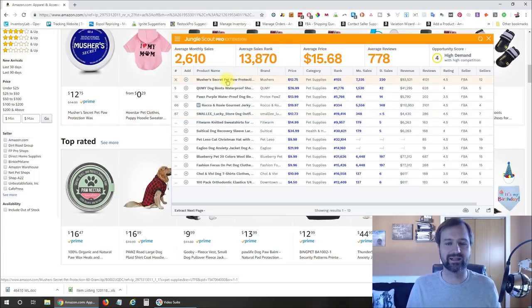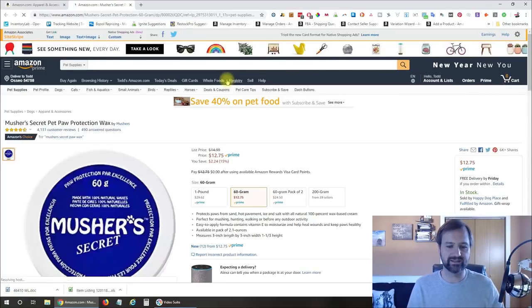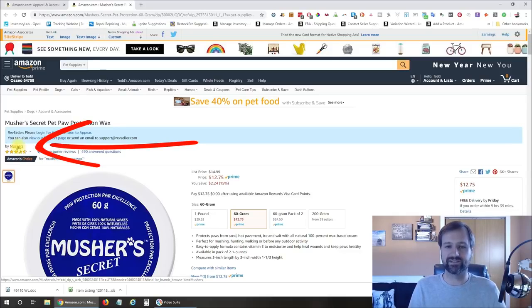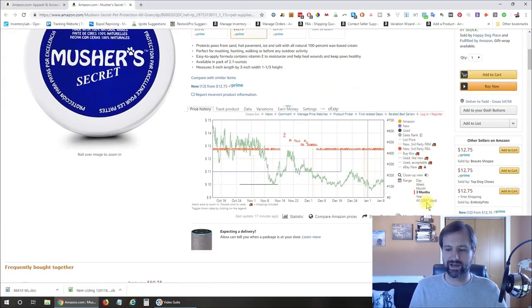So let's go ahead and click on this very first one here. Musher's Secret, it looks like it is. And the first thing that I'm going to look for is just to make sure that the seller here is not the name of the product, because if the seller is also selling that product, they're probably not going to necessarily want me to sell it, and if I do sell it, I'm probably not going to be able to beat them on price. So I usually just skip that and go on to the next one. In this case though, it is a different name, so I'm going to scroll down and click on the number